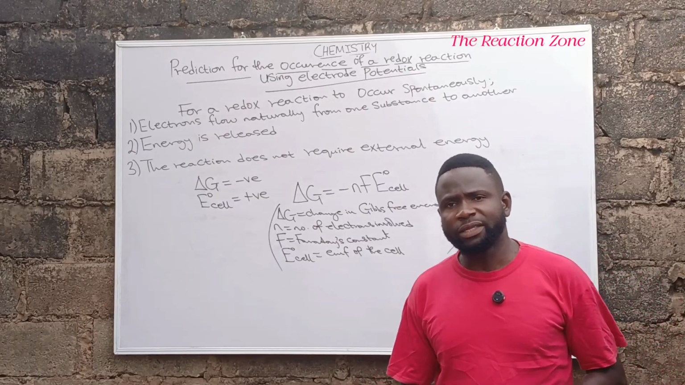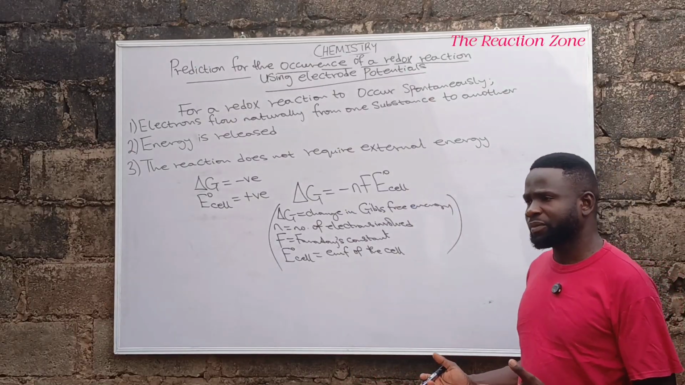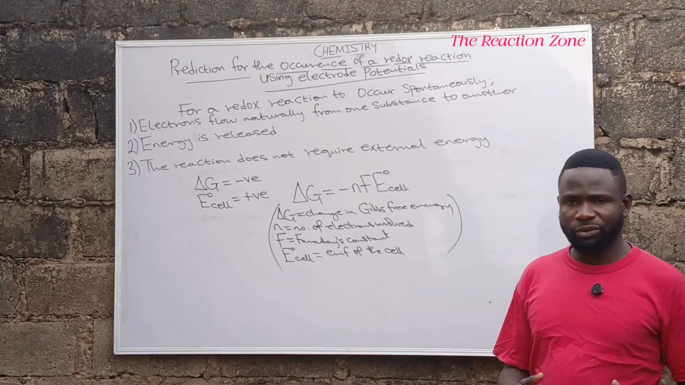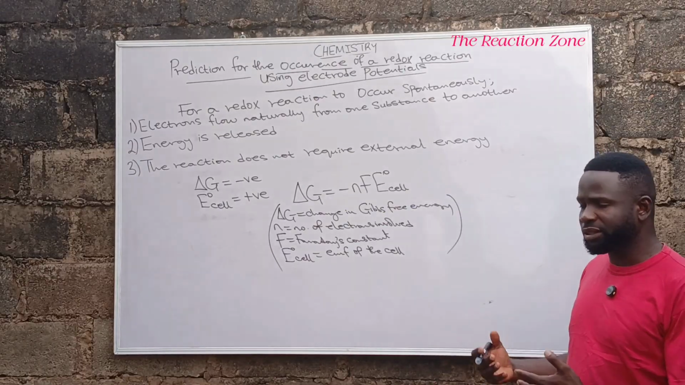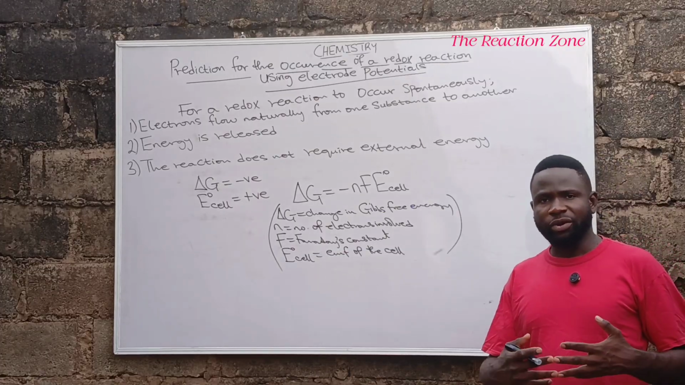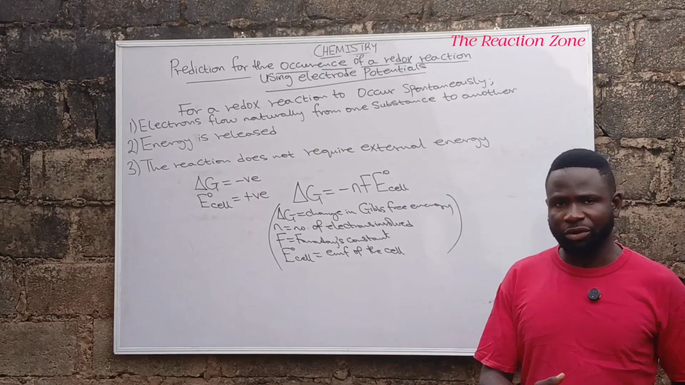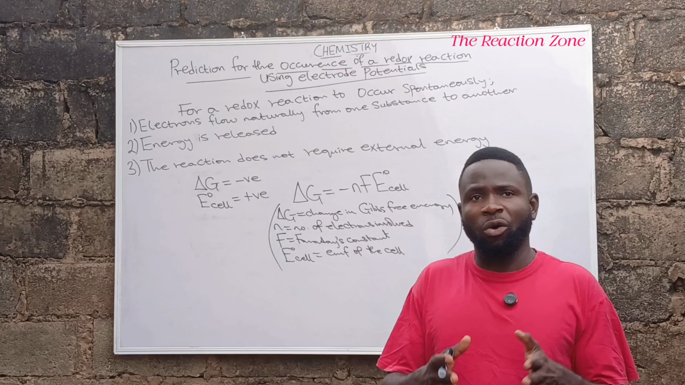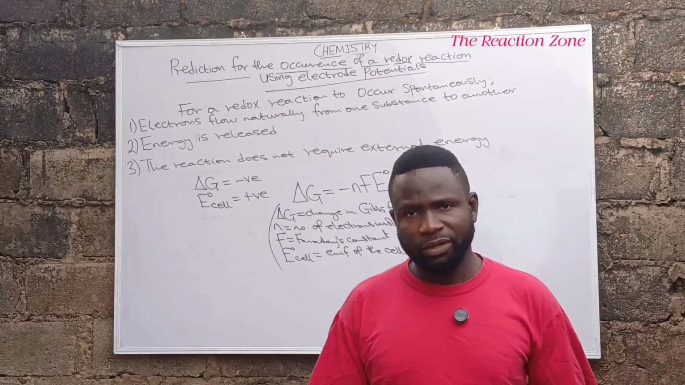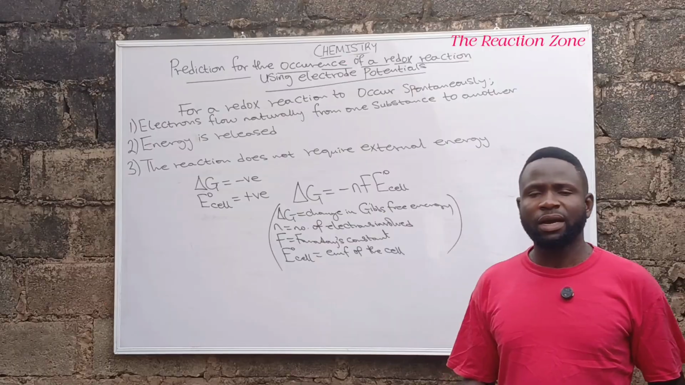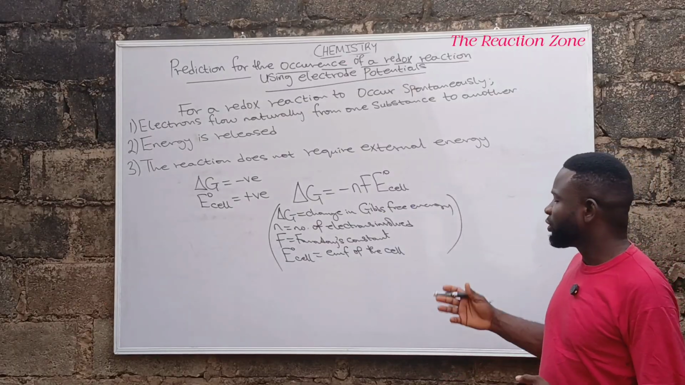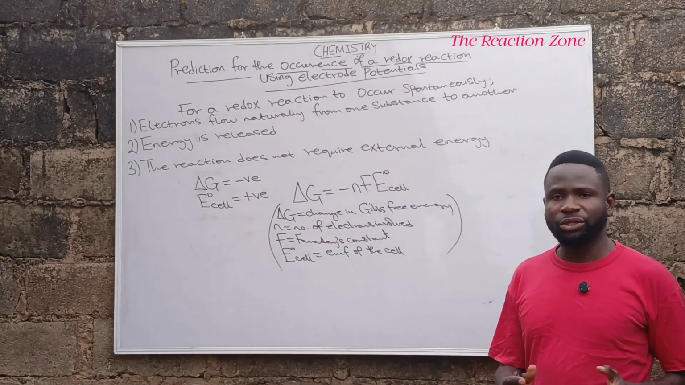So I want to believe that this explanation is clear. In subsequent videos, we're going to take calculations that will require us to predict whether a redox reaction is spontaneous or whether a redox reaction will occur as it is written. And that is going to further enable you to understand how to predict the occurrence of a redox reaction using